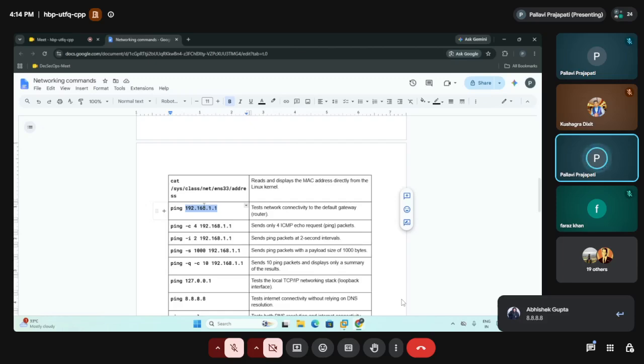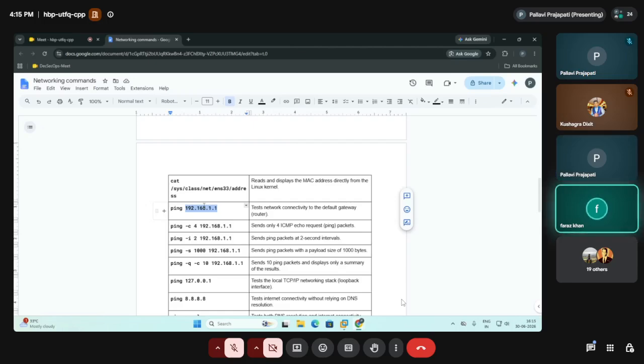This router ID is showing the whole network ID. It is called the gateway. We have to use this address to access the other router.